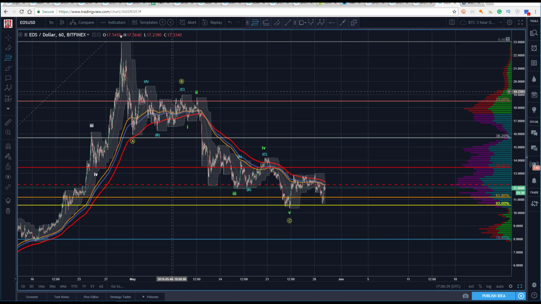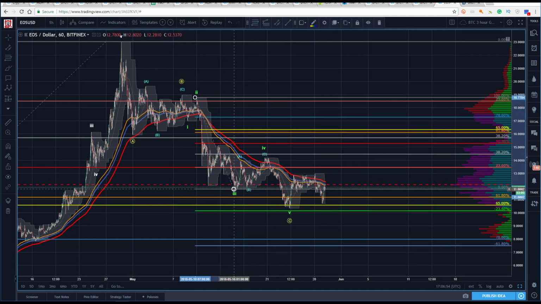So if I think about where we left it here, the idea was that we had our A, B, C in here, and that we'd gone into a 1, 2, turns out to be 3, 4, 5. Right? If we look at that fib swing relationship between the length of our wave 3 up to our wave 4, you can see here we come just shy of the 38, right where you'd want to look for that wave 4. But note what happens down here. My hunch is that this is a push to get a fill. There's a slight front run on the 23.6 here, a push to get filled, and you can see how quickly it came out of that. They push it down, somebody wanted a fill, they get it, and then rip it back out.